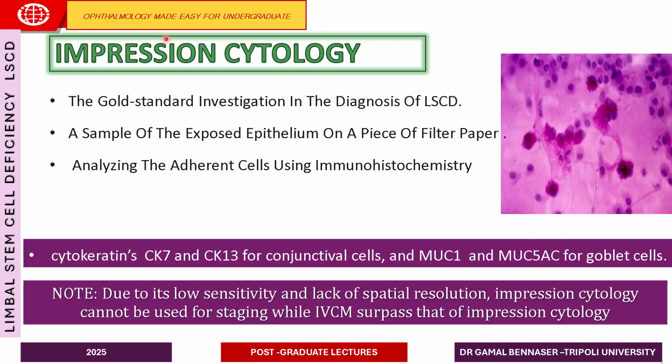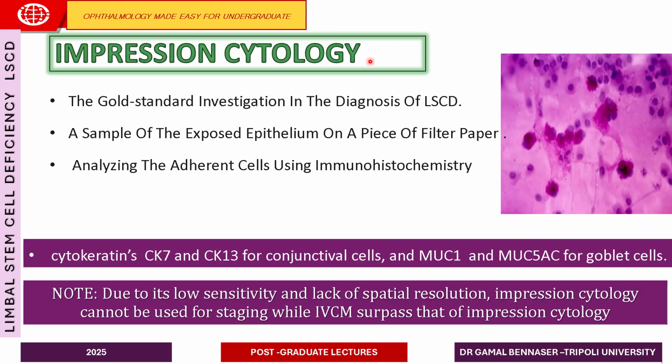So impression cytology is used for diagnosis and not for staging. This is very important. And as I said, goblet cells are hyperreflective cells arranged in rosettes, and sometimes in advanced disease you will not find them,